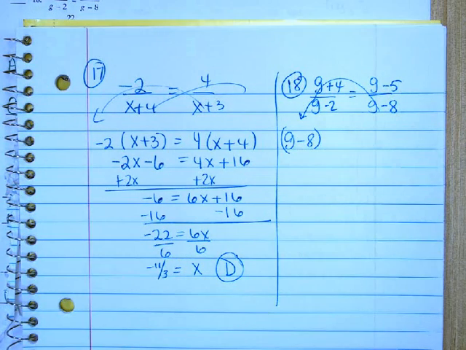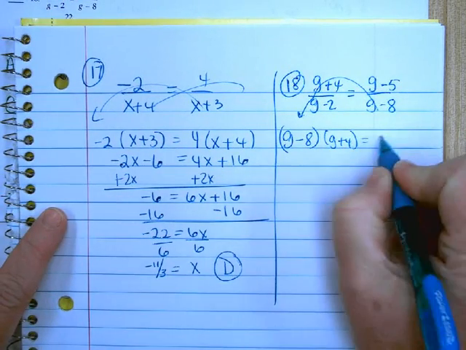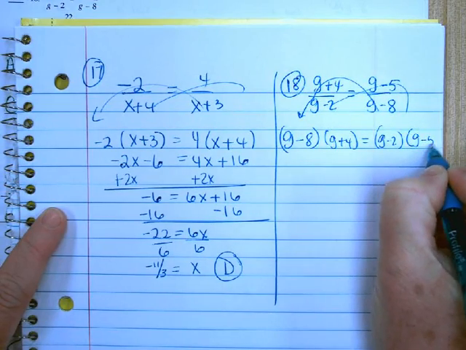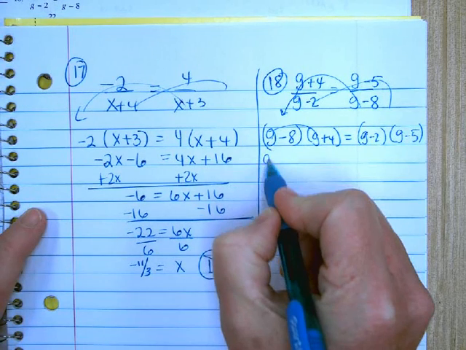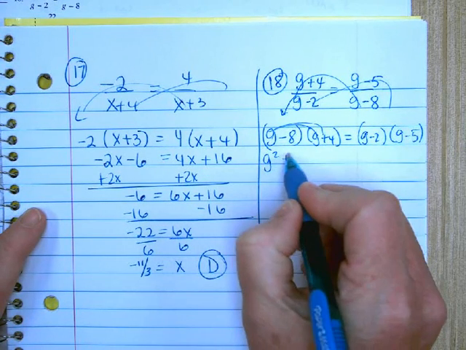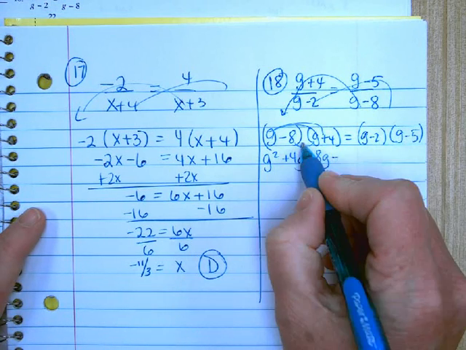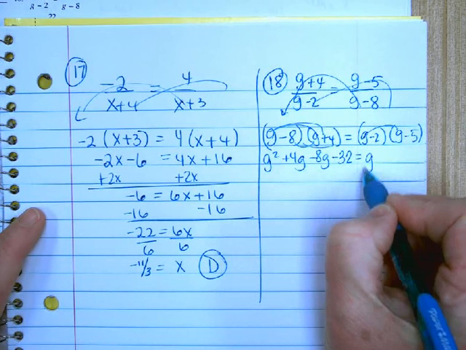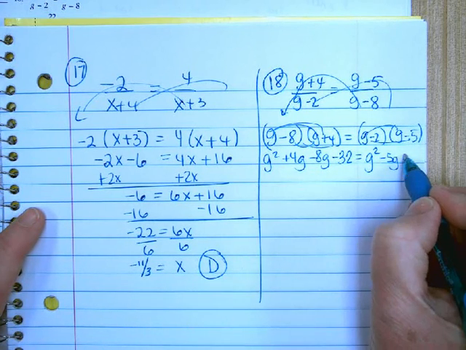G minus 8 times g plus 4 will be equal to g minus 2 times g minus 5. We multiply, we get g squared plus 4g minus 8g minus 32 equals g squared minus 5g minus 2g